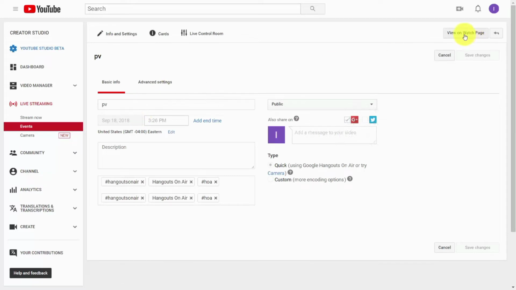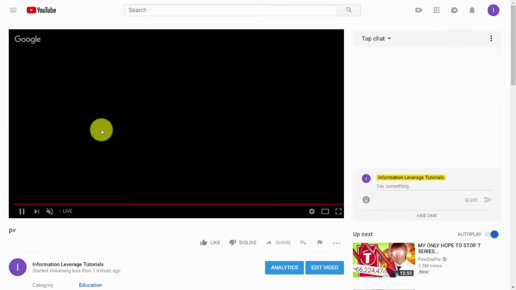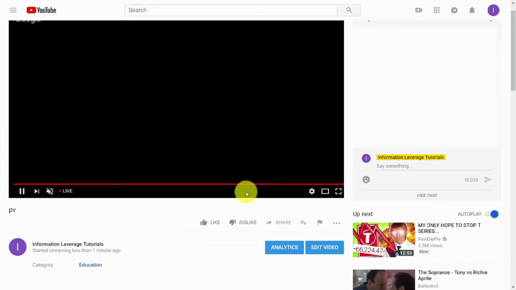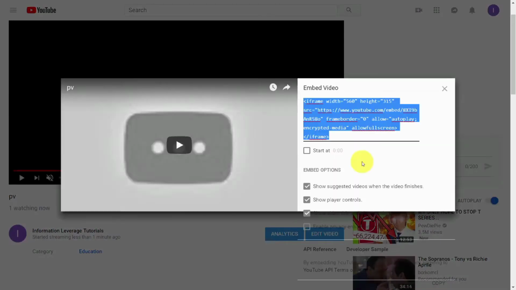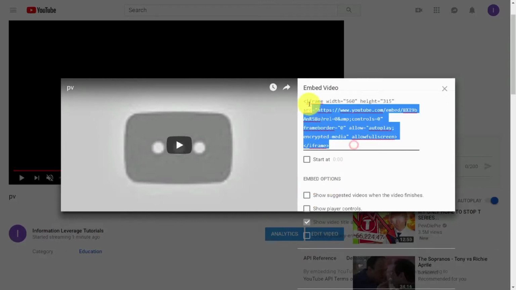And we can then click View on Watch Page. And you'll notice then that our stream is live here. And what we would do then is we would then go to the Share button. We would then click the Embed button. We can then take care of the embed options, grab the code,